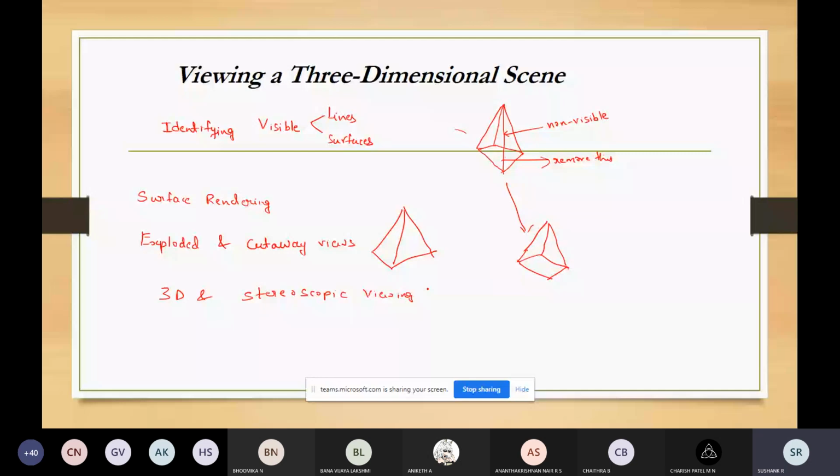In this method, this three-dimensional and stereoscopic viewing is also used for adding a sense of realism to a computer generated scene. So how do you obtain this three-dimensional viewing? You will reflect a raster image